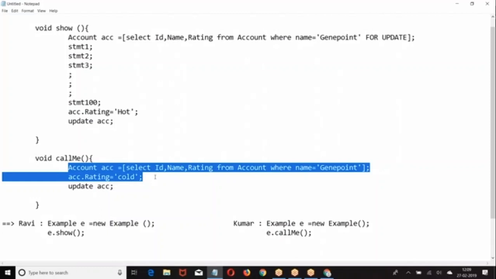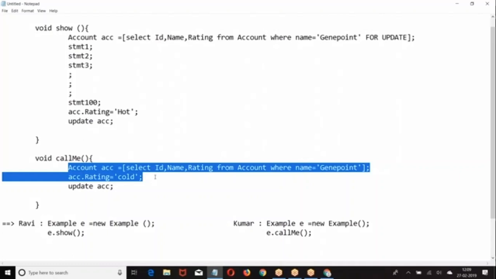Meanwhile, if anybody is trying to modify the same data, then if the lock is there, they'll wait for 10 seconds. Even after 10 seconds, if the lock is not released, then it throws an error message. Was that clear for everyone? Right? This is locking your data from getting modified.